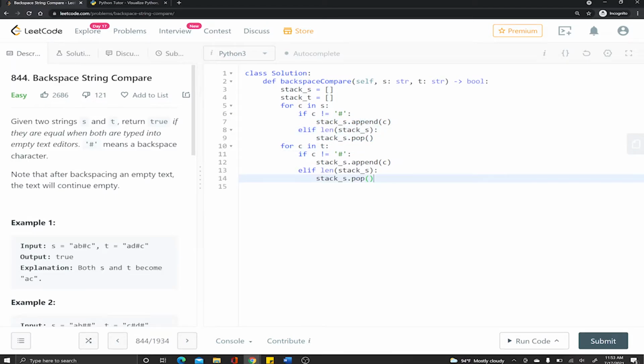Okay, if that character is not equal to the #, stack t, we're gonna append it to stack t. Else, as long as there's stuff in stack t, we want to pop him out of stack t. And now in the end, we want to compare both stacks and see which one it is. So we can just say if stack_s equals stack_t, return true,